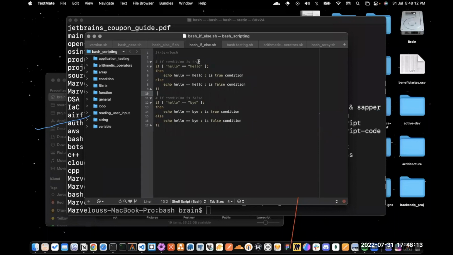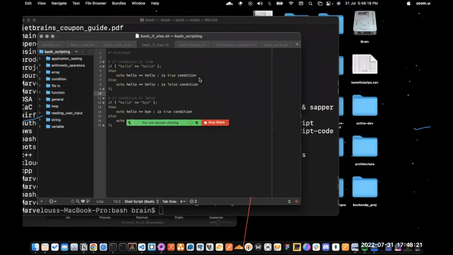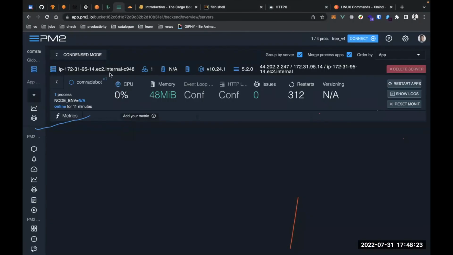On the cloud, I don't run Node. I don't run Python. Instead, I use PM2 to run those things. So PM2 is a tool that I use in monitoring servers. So you see, I have PM2 monitoring Comrade bot. For those of you on Discord, we have Comrade bot deployed on a different server, and we are on AWS basically, and we have Comrade 2 monitoring the performance and the health of the Comrade bot.